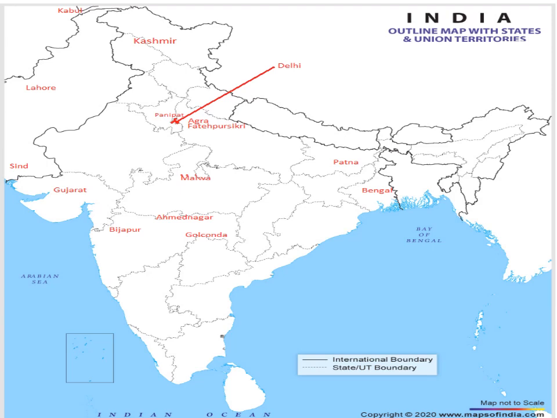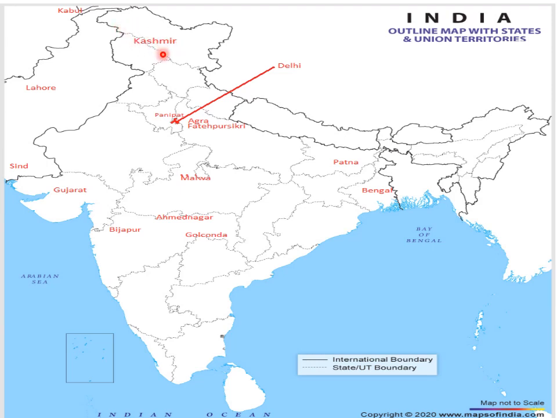Okay, so as you can see in this map, the country is divided into different states and union territories. First we have to mark Kashmir. Now we know that Kashmir is a state today, which is further divided now. This you know very well. So you can write Kashmir at the northernmost part of India,